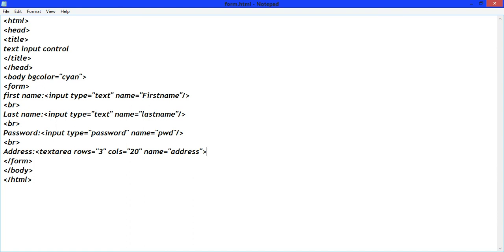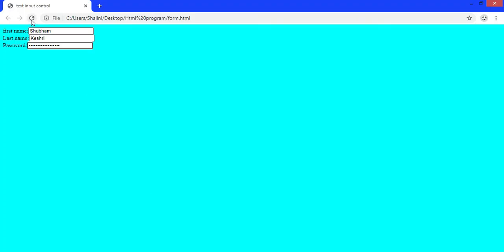Save it or give here any value, enter address. Now close the textarea, save it and refresh it again. See, we have a text box having 4 rows and 20 columns.